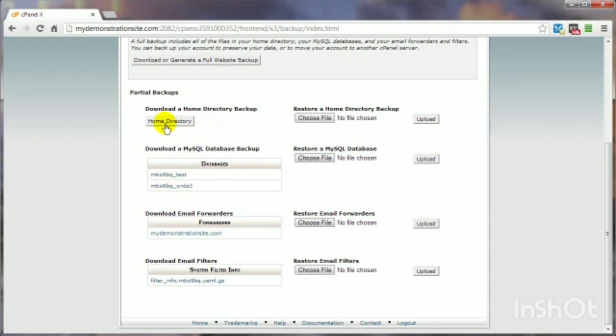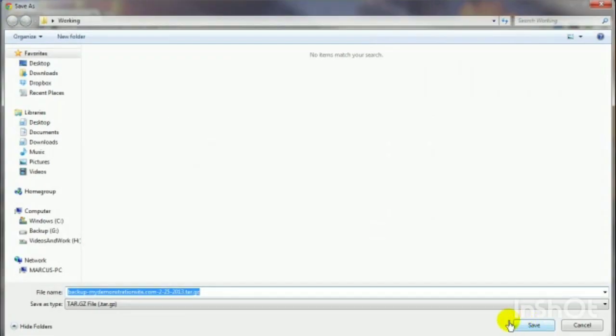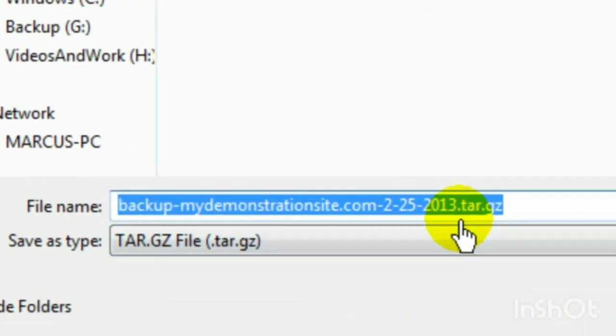So go ahead and do this. Just click on Home Directory. Navigate to the location on your computer where you want that file to be downloaded to. And again, I would create a folder, give it a date, maybe label it also backup for such and such, and then click on Save. Now you can see here, it's not your typical .zip file. It's a